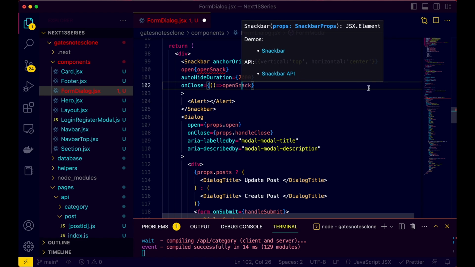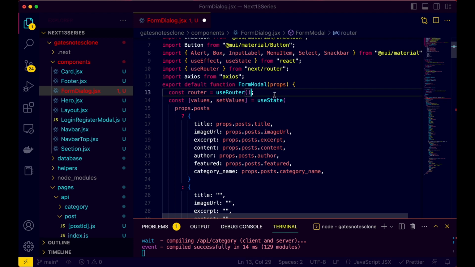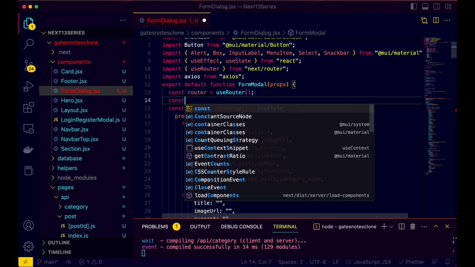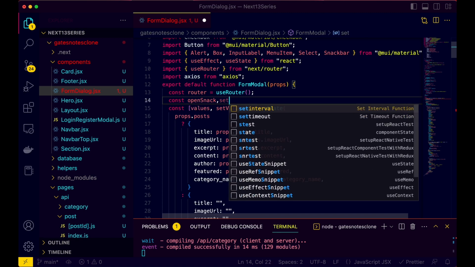Now let's create this state, otherwise you'll get error all the time. So let's create this one here. Now before this I'll say const, and we need just snack or open snack. I think I said open snack, and they should be of course inside the array,